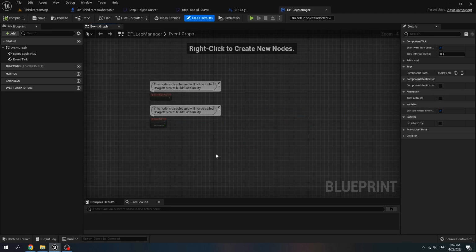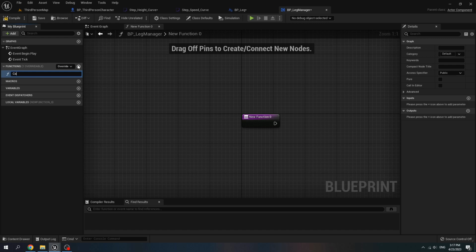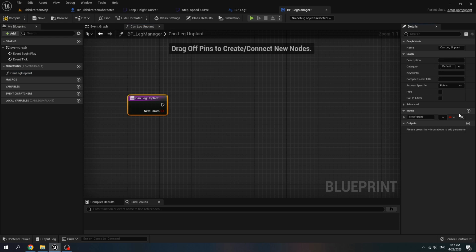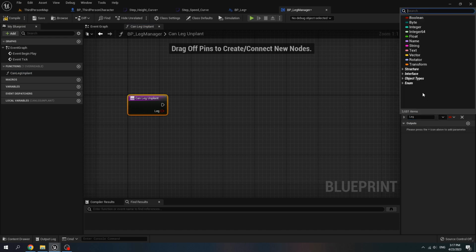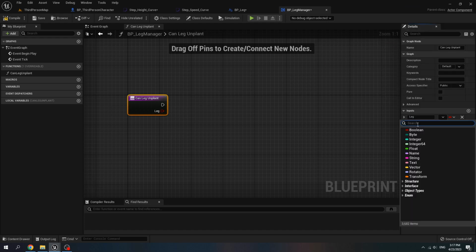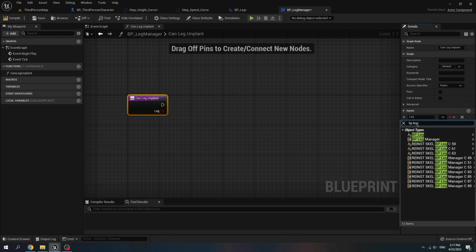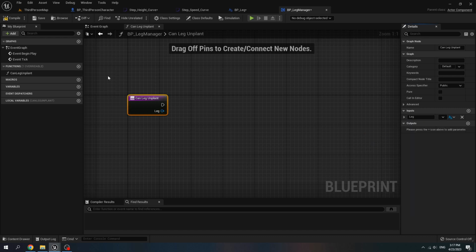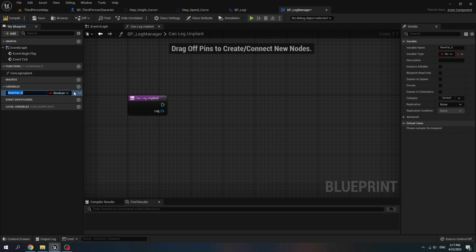Go to leg manager, add new function, name it can leg and plan. Add input, name it leg and select variable BP leg, object reference. Add variable, name it legs.